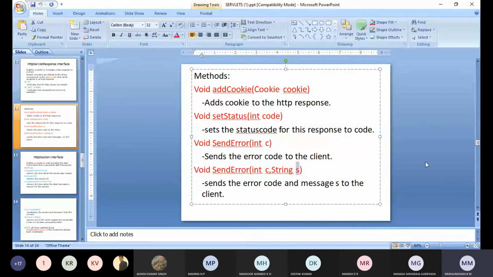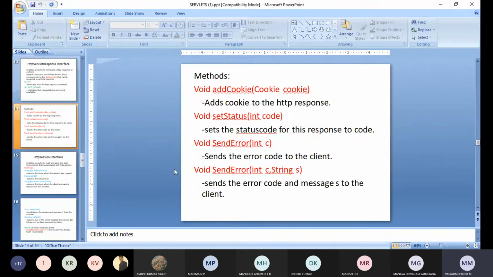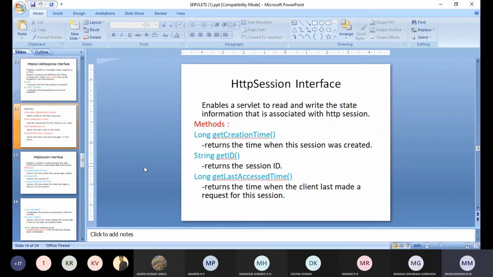Okay. So next, the HttpSession interface. This will enable a servlet to read and write the state information that is associated with the HTTP session.